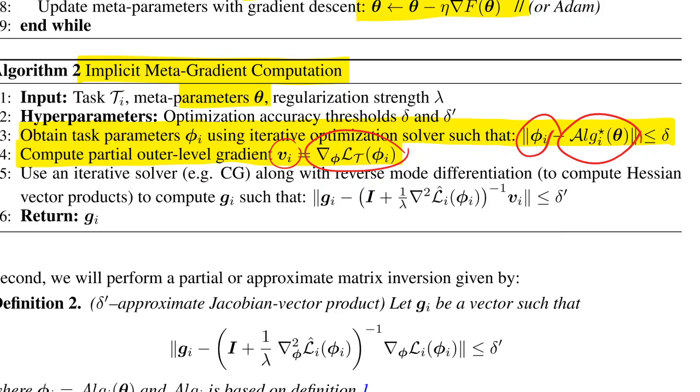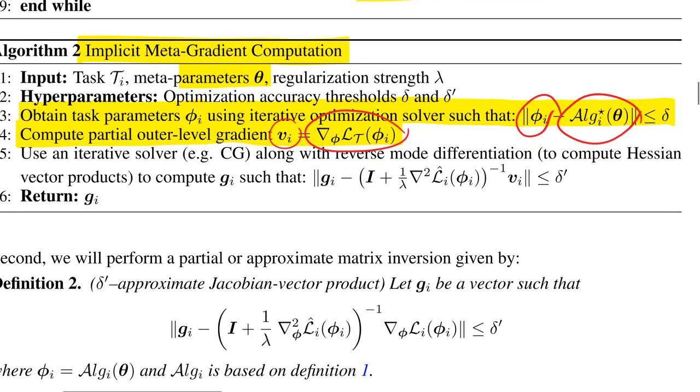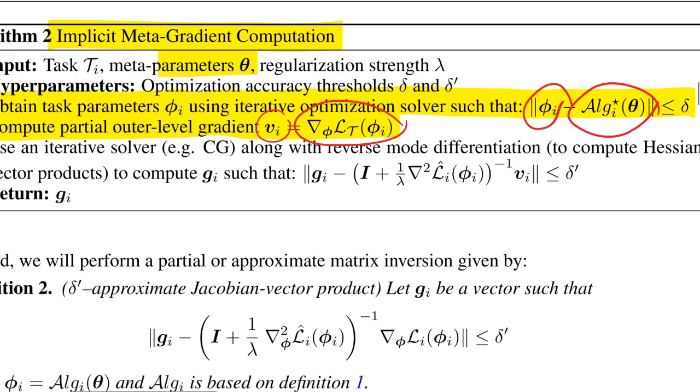The gradient at the end of the optimization procedure with respect to your validation data sets. This is one backprop. Now we need to relate that end gradient to the beginning, and we do that by multiplying it with this matrix inverted right here. Now, because obtaining the entire matrix, this is the Hessian matrix, and inverting it is very memory and computation intensive,